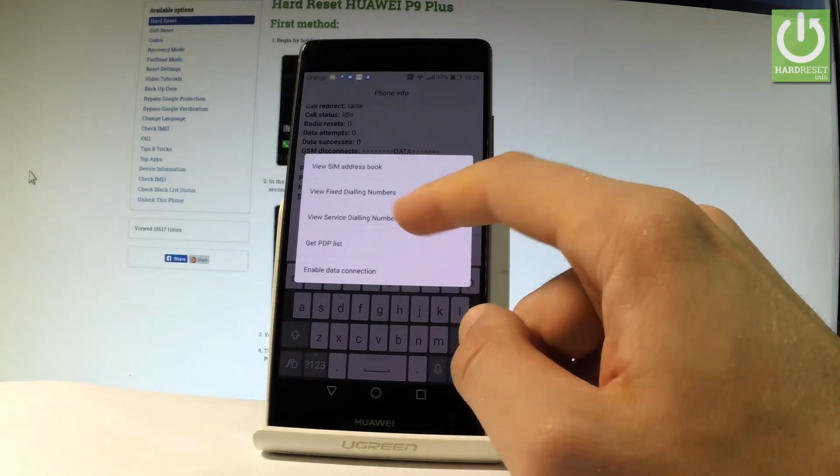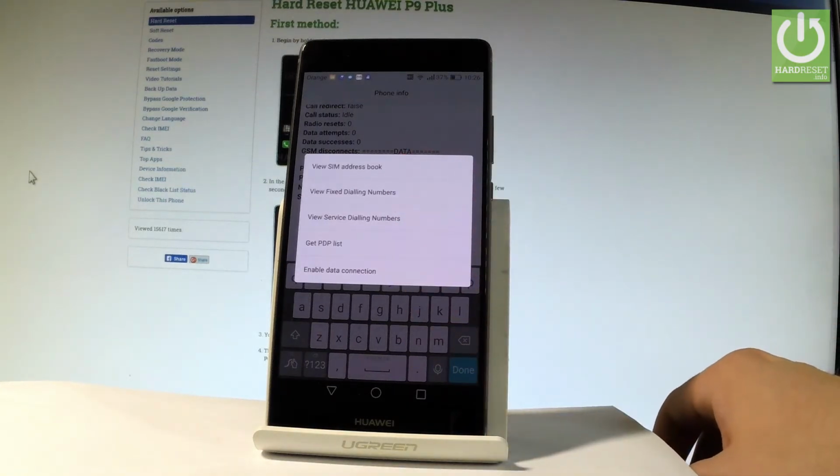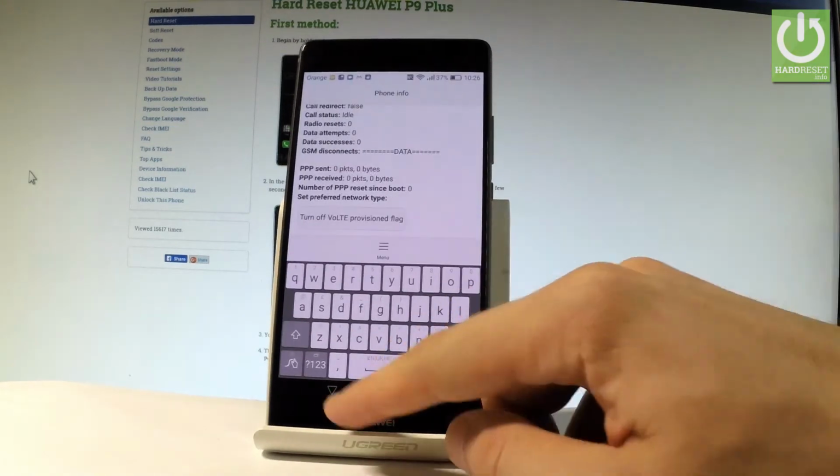You may also tap menu and view SIM address book, view fixed dialing numbers, view service dialing numbers. You can also get PDP list or enable data connection. Let's go back